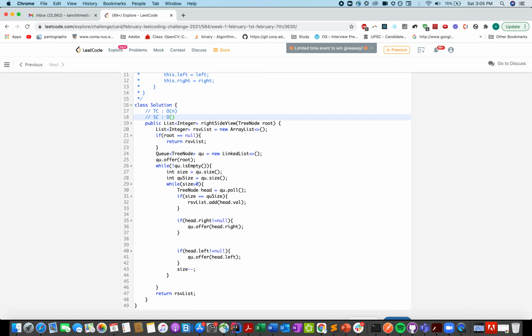So what it means is the number of elements at the level with the most elements.